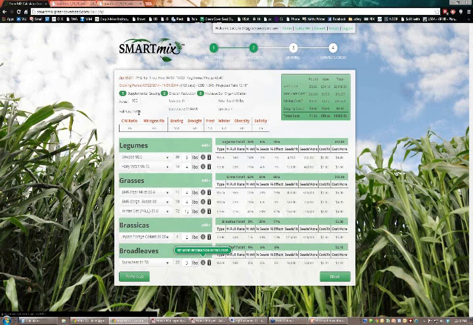pounds out of 36, and it's calculating right here that that's 14% of a full rate. Hairy vetch, I've got 28%. BMR pearl millet, we've got 36%, and so on down the line. And it adds all these up, and I'm at 169. And as I look at that, I think that's probably too high, because what we're basing our seeding rate on is not pounds per acre or seeds per acre, but it's that percent of a full rate.